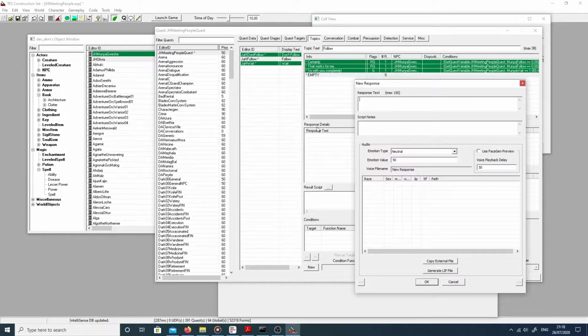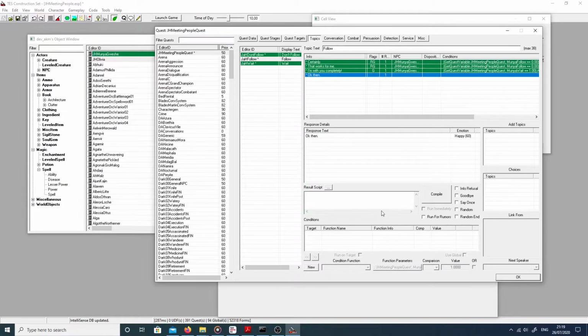So what I'm gonna do? So I press new in follow, and I'm gonna just say, okay then, as like a response. So when you press follow, they'll say okay then, and now give them like an emotion. Say they're happy when you ask them to do it, and then you press okay, and then once you've done that, then